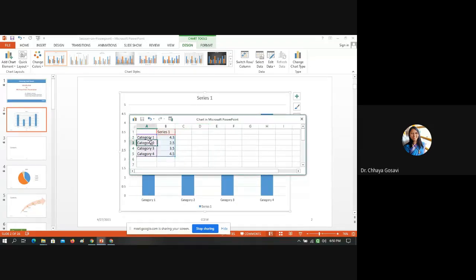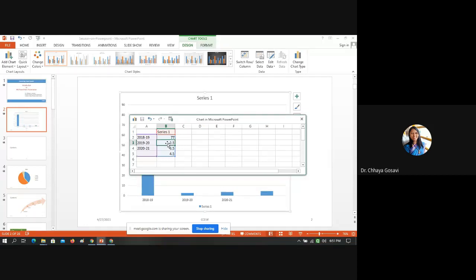Now I want to display the result of the last 3 years: 2018-19, 2019-20, and 2020-21. So these are my categories, and I want to display results like 77%.